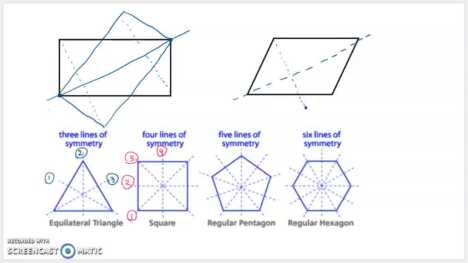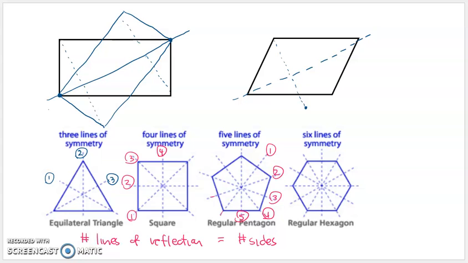A regular pentagon. Now again, the lines go all the way through. It has 1 line, 2 lines of reflection, 3 lines of reflection, 4 lines of reflection, 5 lines of reflection, and that's it. Because this would be number 1, that would be number 2, and so forth. So it turns out for a regular polygon, the number of lines of reflection equals the number of sides